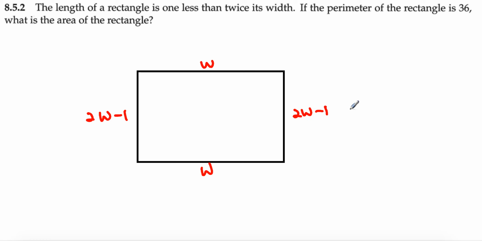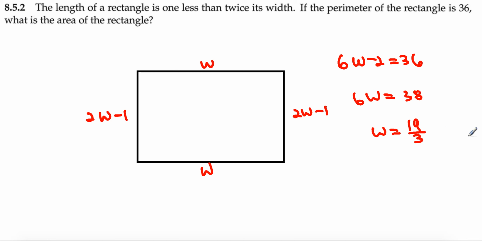And when you combine them together, we get 6W minus 2 is equal to 36. So then, when you combine them together, we get 6W is equal to 38, and W becomes